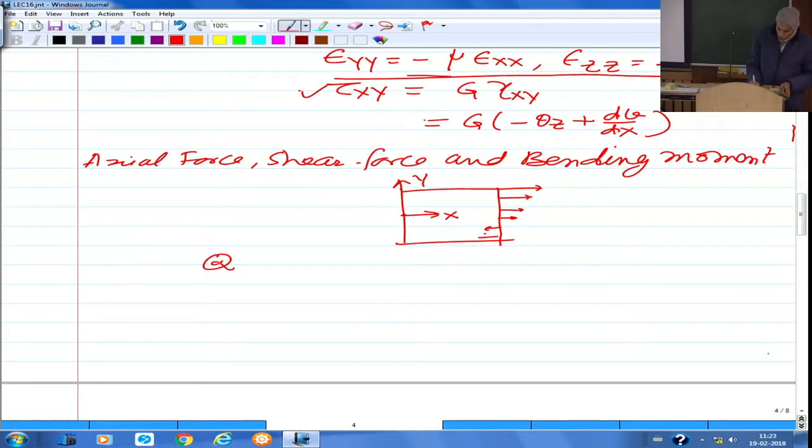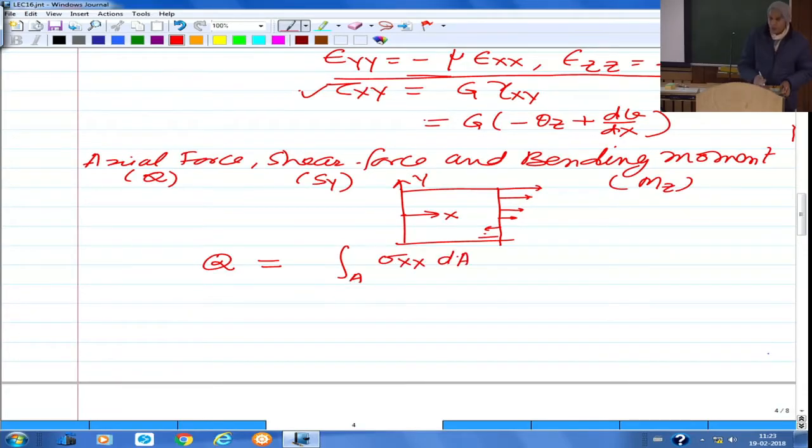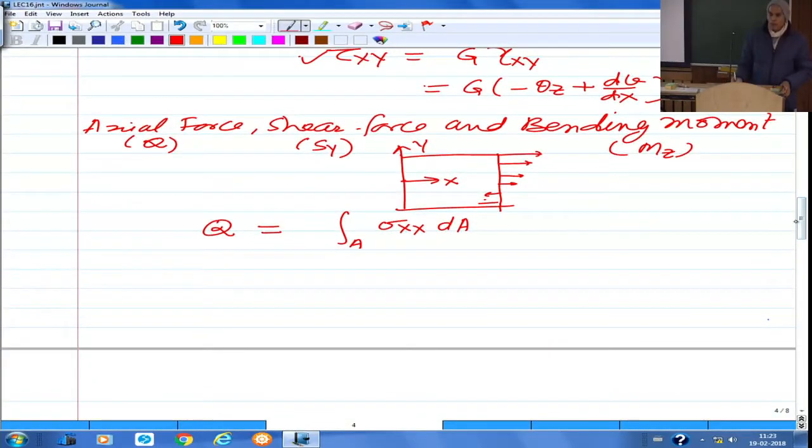And let me denote the axial force by Q, or you can use N. Q is axial force. Shear force we will use as Sy and the bending moment as Mz. So Q is simply the integration of sigma xx over the entire cross section, so sigma xx dA. So you are integrating the sigma xx, the normal stress along the x direction, acting on the cross section which has outward normal along the positive x direction, through the cross section